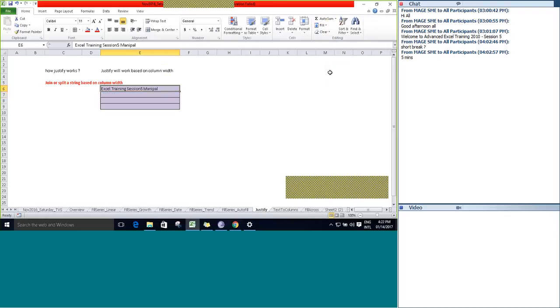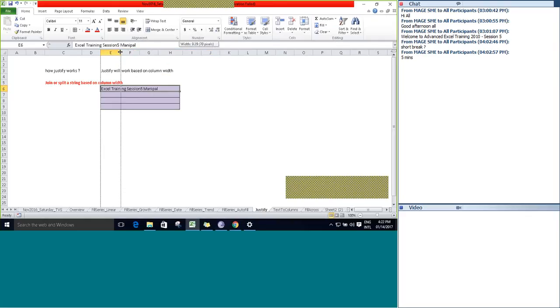You can see that all the strings are concatenated and displayed as a single string in a single cell. So based on decreasing or increasing the column width, it will split or join a string. We increased the column width so that it joined the string.